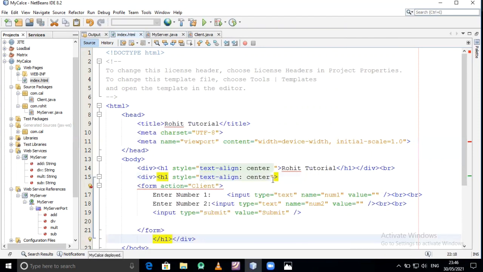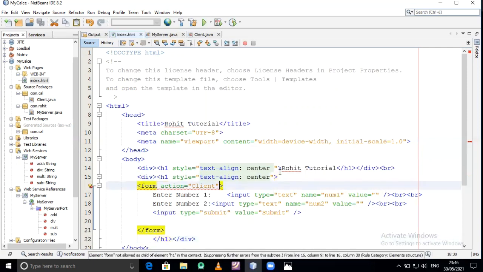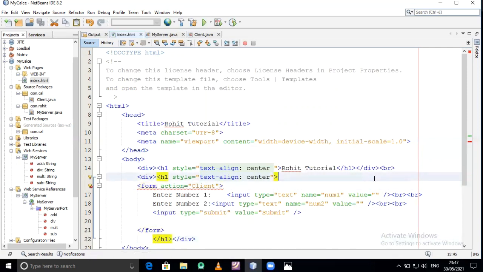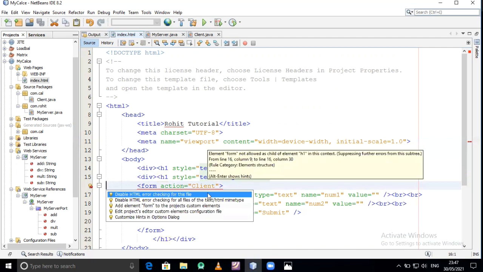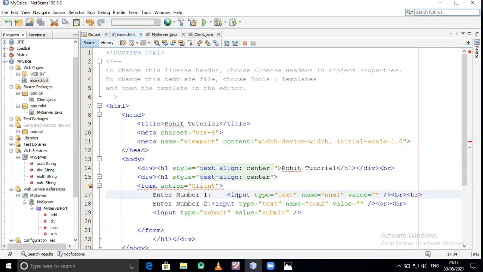You just save it. So this is the error we are getting. And client, disable HTML tag. Just run this.